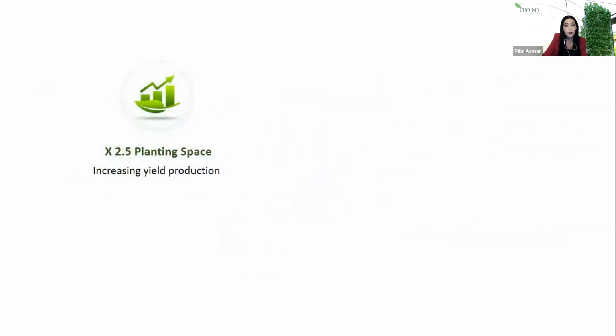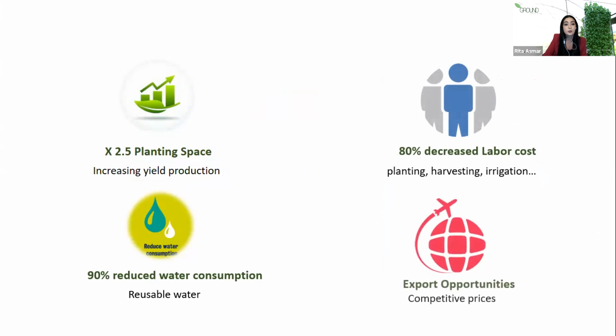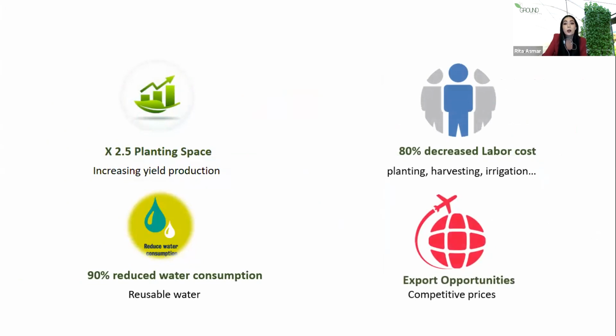Ground Vertical Farming will double the planting space, reduce water consumption by 90% and labor cost by 80%, and increase export opportunities by helping Lebanese producers sell their products at competitive prices. Not only is our solution built for industrial scale,